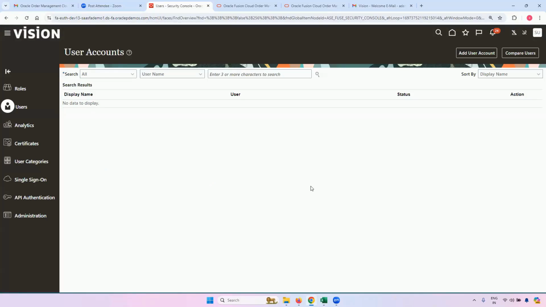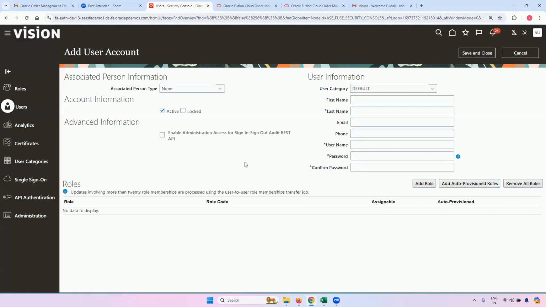Yeah. So I will click on this add user account. And this is how you will create an implementation user. Now let me give my name only. Raj Verma.